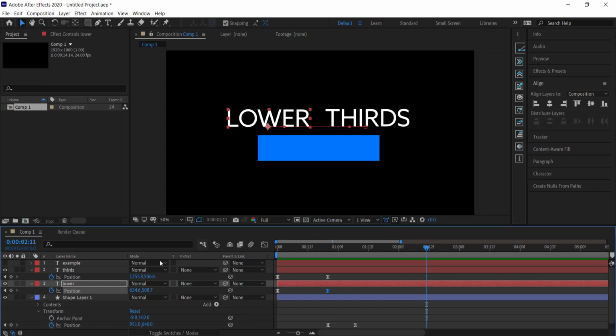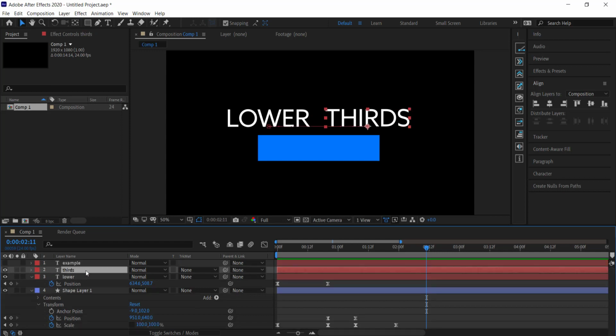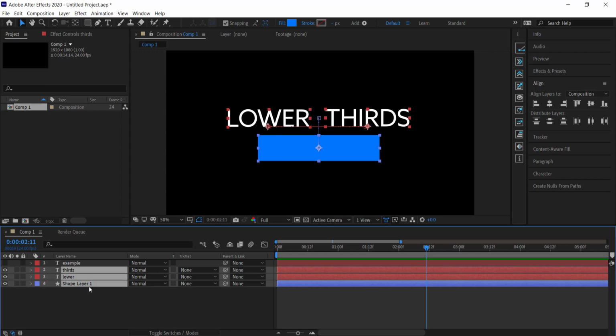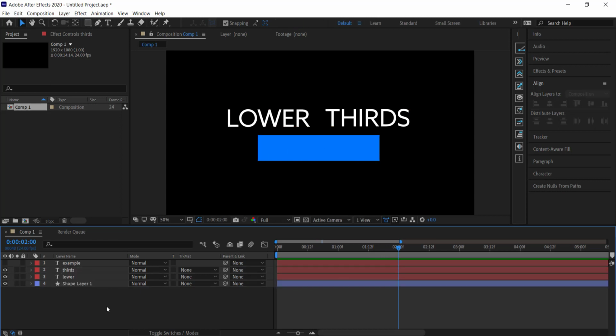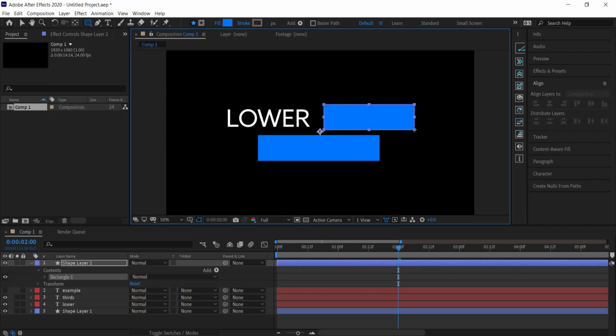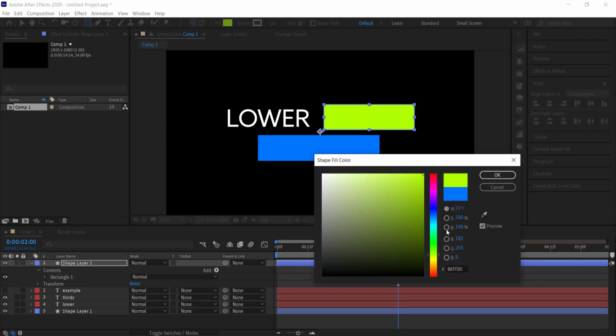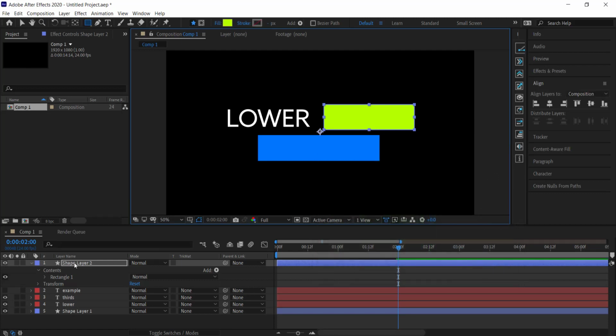So the next thing that we have to do is create a mask over the text. So what I'm going to do is press U on the keyboard just so that we hide all of these keyframes. And I'm going to come over here till it opens up, so roughly around there. And then I'm just going to make sure that I deselect everything. Come over here and then draw a box over the text. Now I'm going to change this color just so that I know that that's the mask. And I'm actually going to label it and call it mask